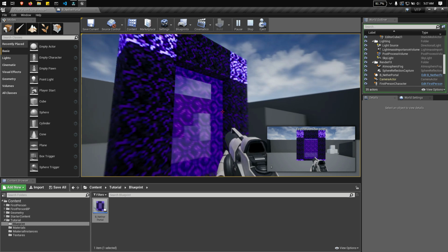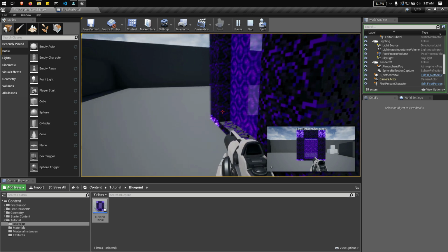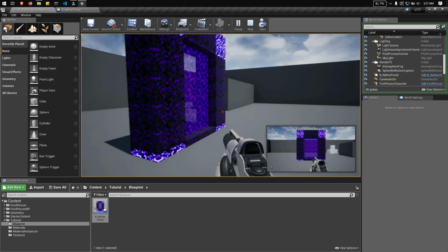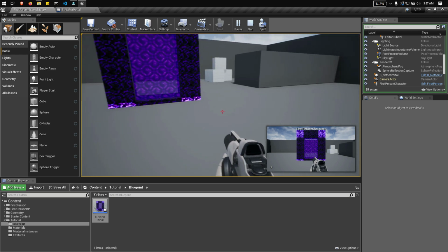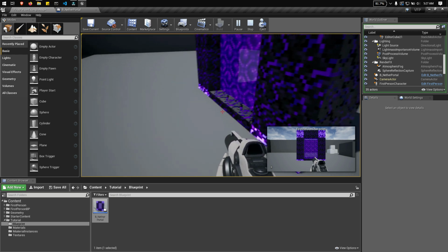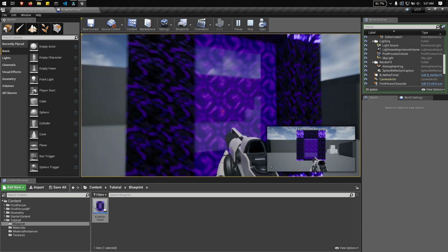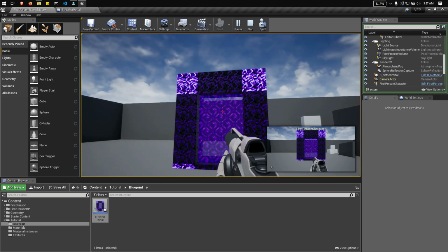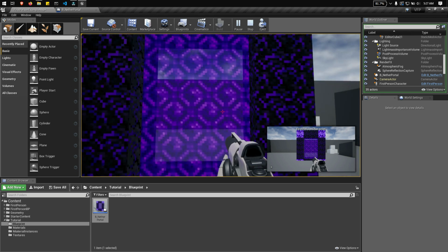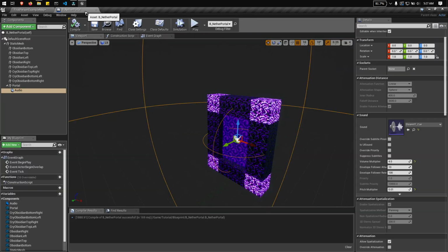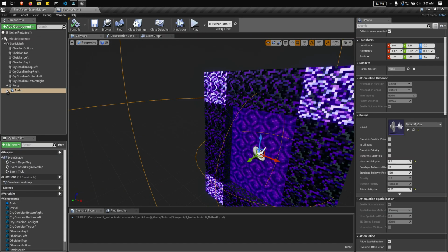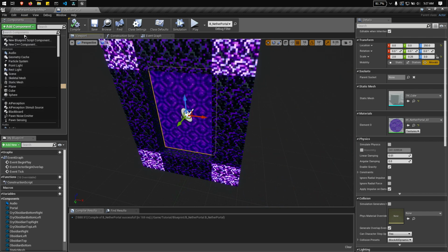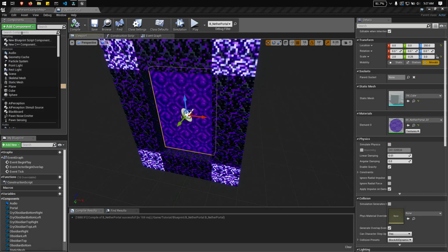Now that we have the Nether portal, it's still missing some pieces that we need. The glowiness. You see, in a real Minecraft Nether portal, we have some kind of glow in the portal. So let's add that glow in our blueprint actor. Inside the portal, let's add another component we call light.